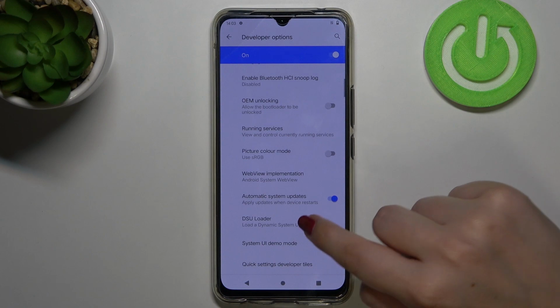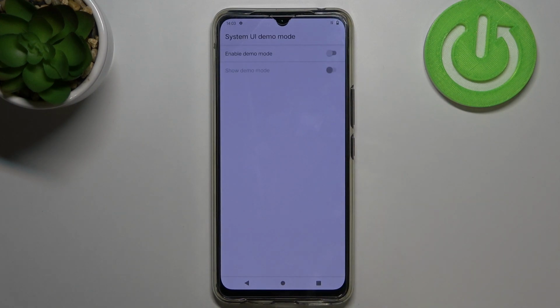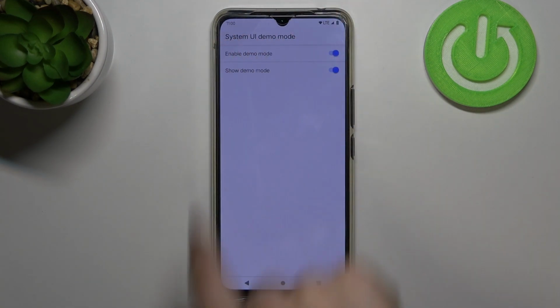So if we are on the developer options, all we have to do is to simply scroll down to find System UI Demo Mode. Let's tap on it, and as you can see here we've got two different switchers. So first of all, we can turn it on just by tapping on this switcher, but actually nothing changed. We can show the demo mode just by tapping on this switcher,